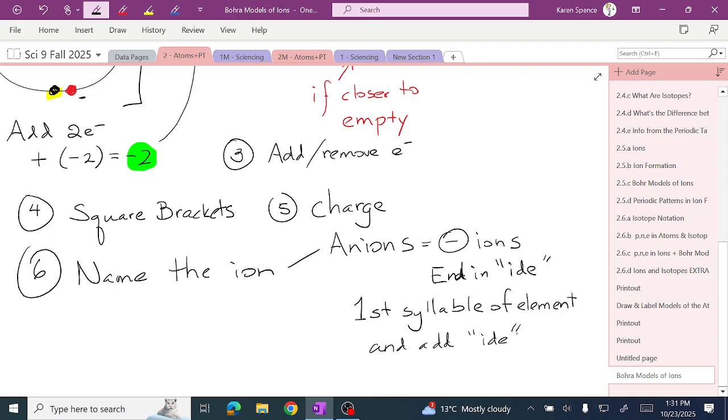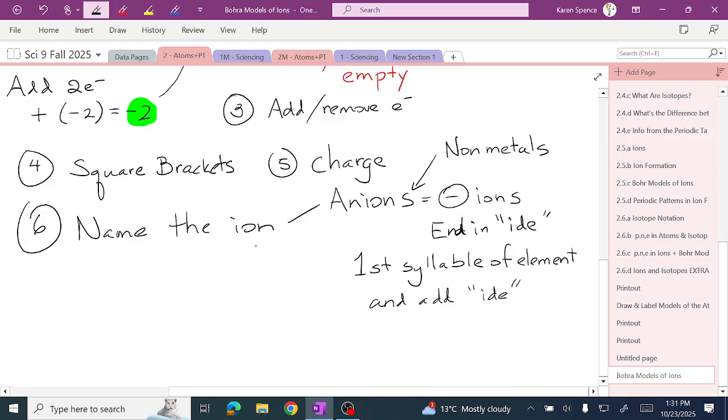Metals do not change their names. Okay? It's only the anions, which are all nonmetals. All of these anions are nonmetals. That's one of the reasons that they are nonmetals, is that they form anions. If we, on the other hand, have a, whoops, that's a weird C. What do we call positive ions? Cations. If we have a cation, which is a positive ion,